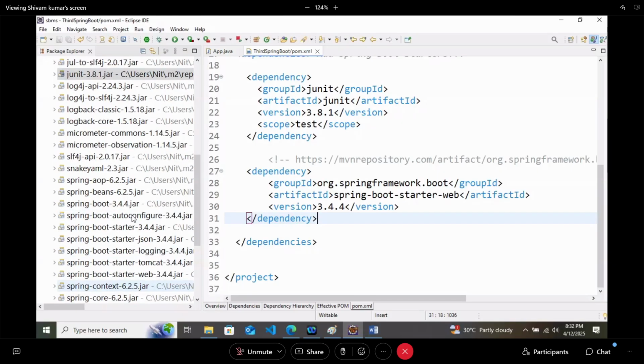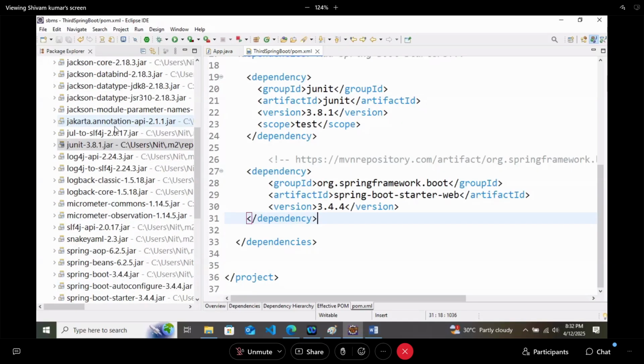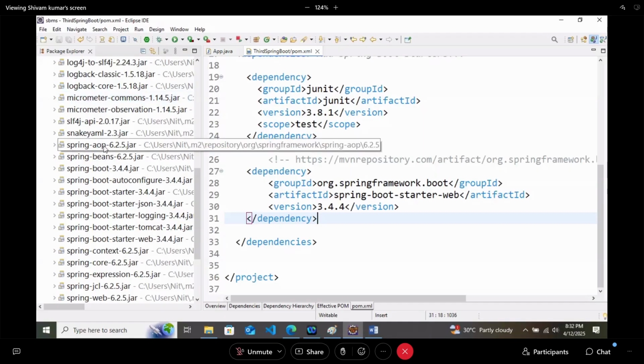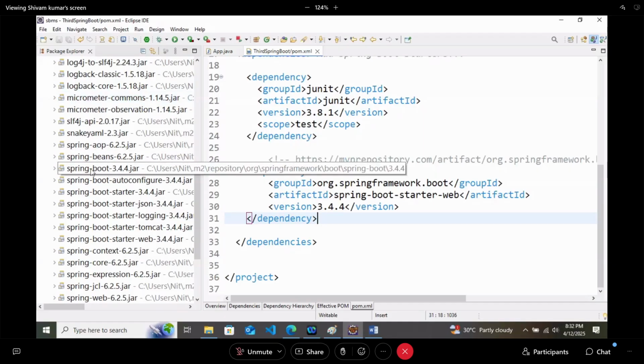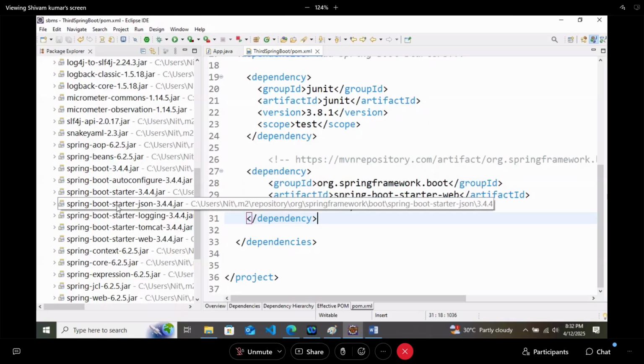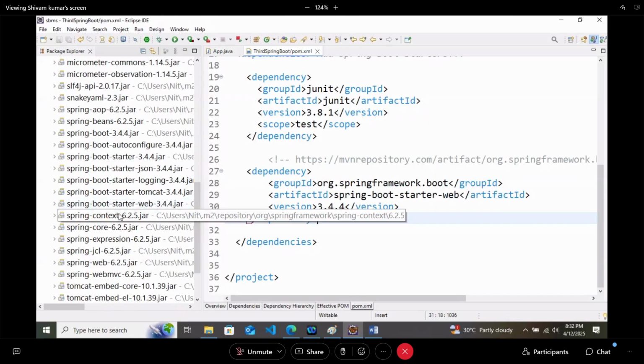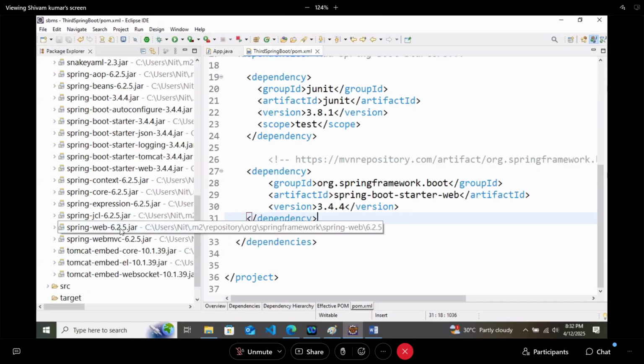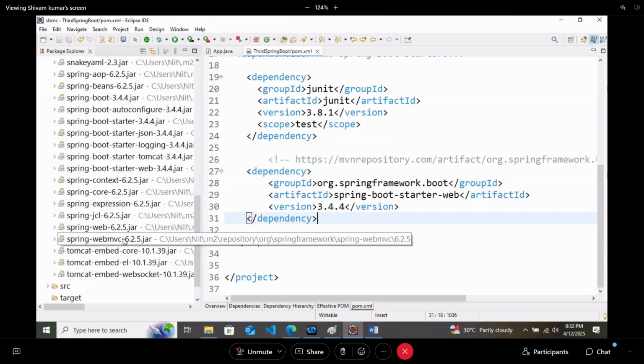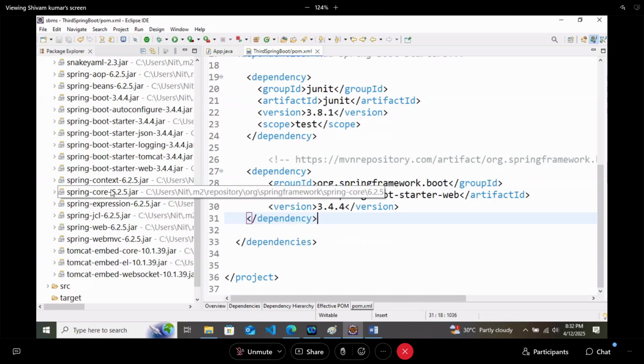Here we got Jackson. From Spring we got Spring AOP, Spring Bean, Spring Boot, Auto Configure, Starter, Starter JSON, Spring Context, Spring Core, Spring Web, Web MVC. We got everything, because Spring Core is the backbone. Without it, it will not work.